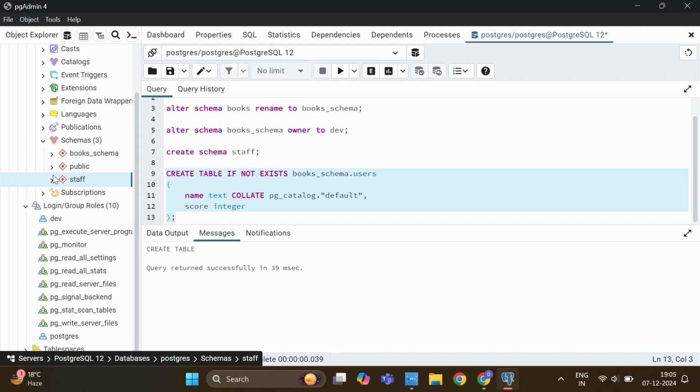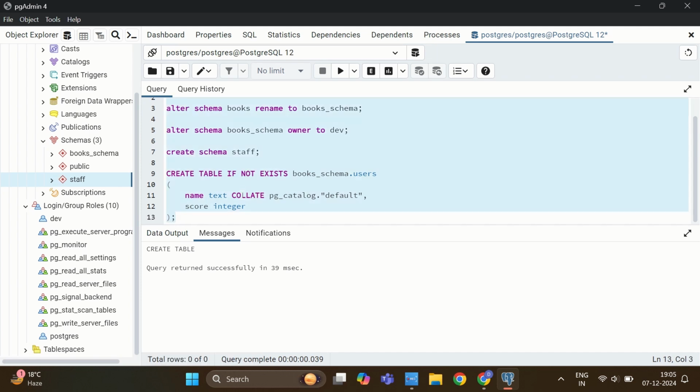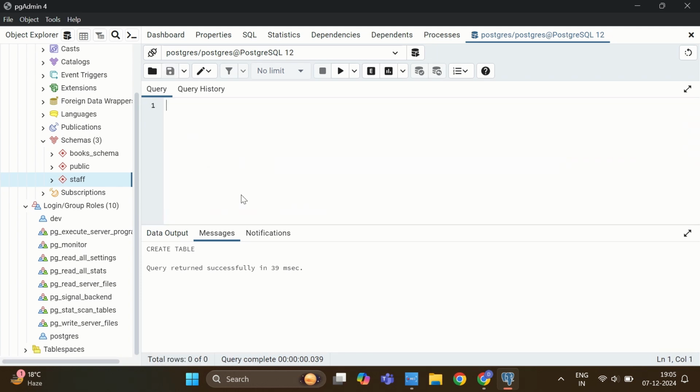So now let's see how we can delete the schemas. First let me clear all this, and now we are going to delete the schema. For that there are two ways. One, I am going to write drop schema, and I need to mention the schema name. Suppose I am writing books_schema, and if there are objects which exist inside this schema and I